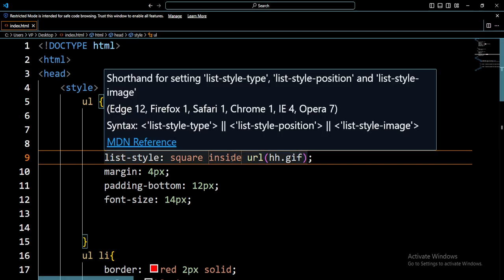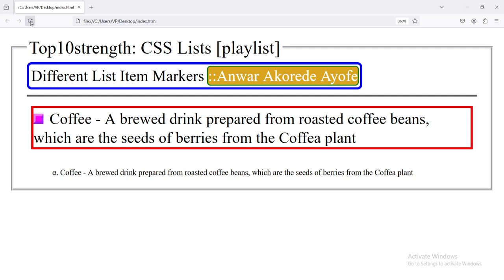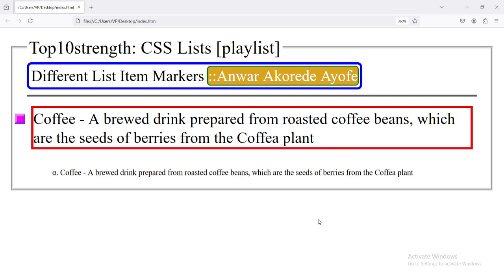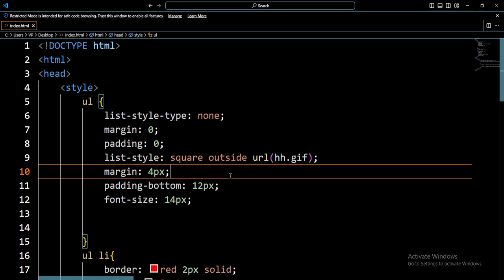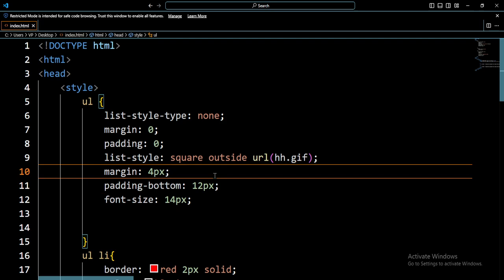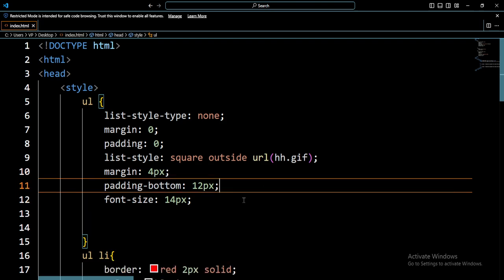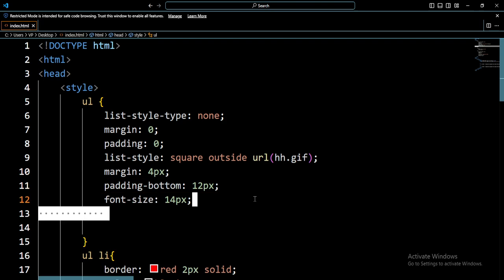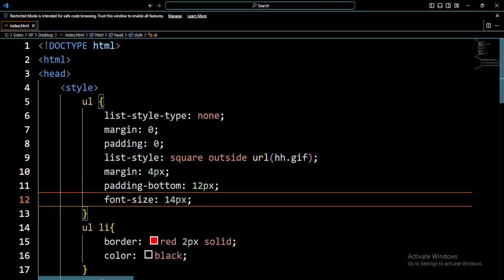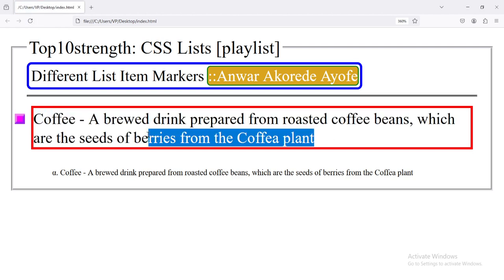So if you don't want the marker to be inside our text, just to make our document look nice, let's reload now. Can you see now our document is looking nice? I can give it more padding and margin or whatsoever if you want. So let's say we can just give it more properties also. I don't want to disturb us with other things for now, but I just want to show you that we are able to add